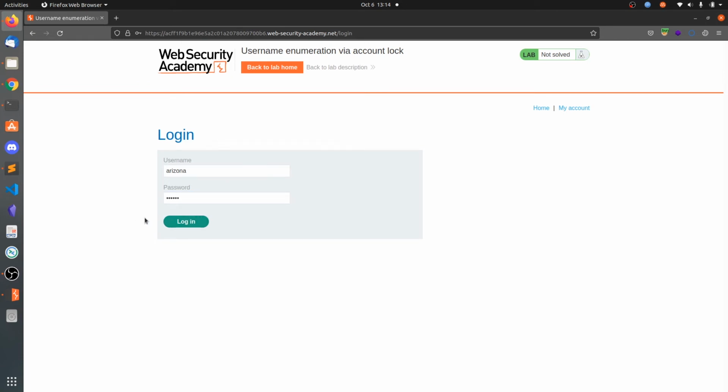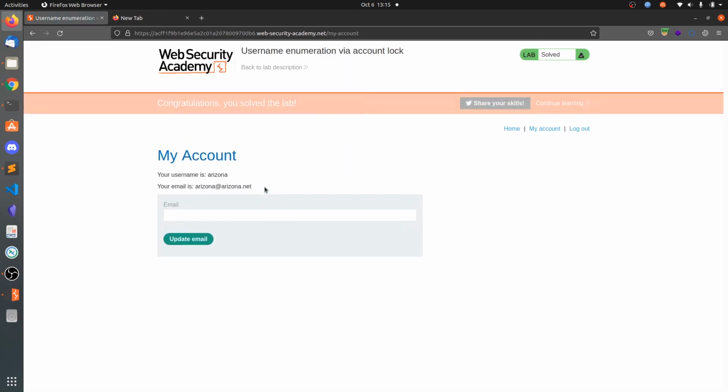After 1 minute, if we try to log in, we should see the my account details. And we can see we have successfully logged in as that user.